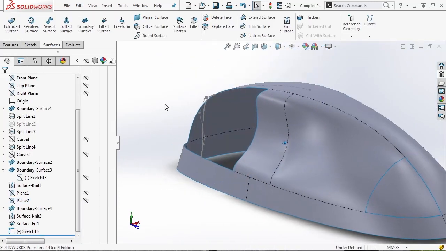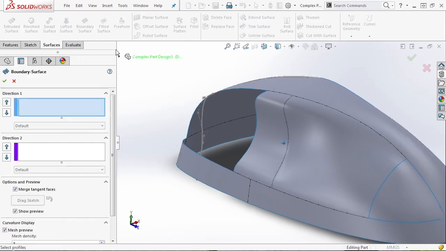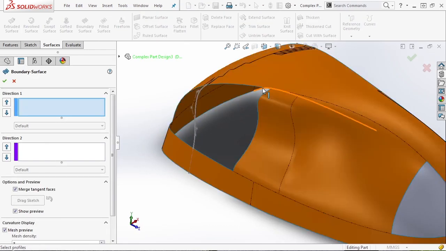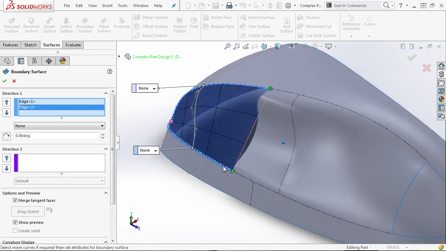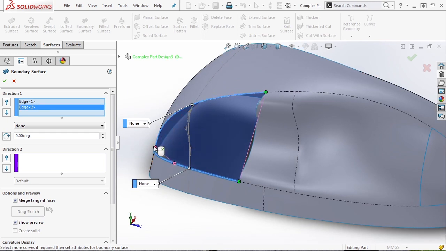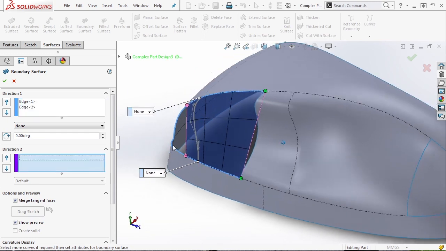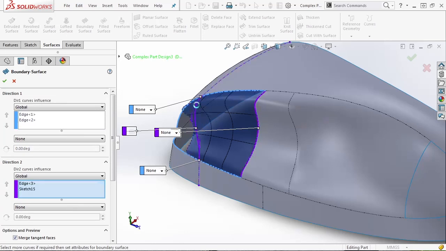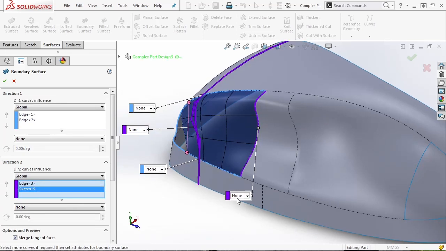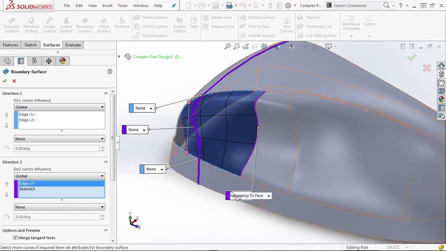I'm going to hide plane 2, and this time I'm going to create a boundary surface. I'm going to go from this upper edge to this lower edge. And again, these endpoints, I want to make sure I drag them in. And then my direction 2 is going to be this edge and my sketch. Now, again, we want to make sure that we apply at least a tangency relation and take a look at